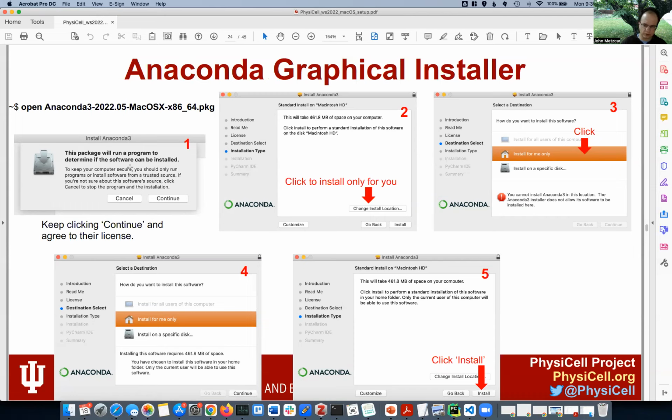following this along, first, you have to verify the security settings. Then at some point, you'll get an option to change the installation location, and you'll want to click and install it only for you. So install only for you. And 3 and 4, this is verifying that. So continue, and